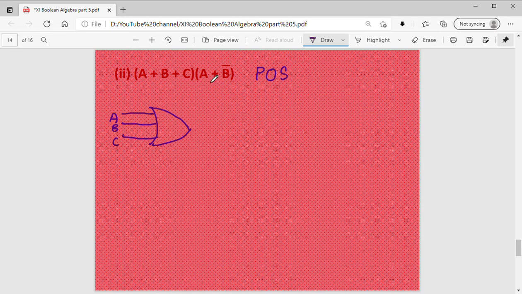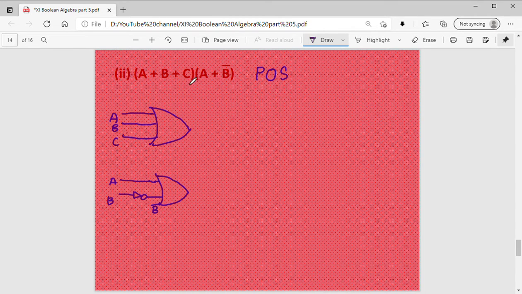And for the second term, first input will be A and the second input is B bar. So B attached with a NOT gate, I get B bar. B here, B bar. Again, this has to be given in an OR gate.